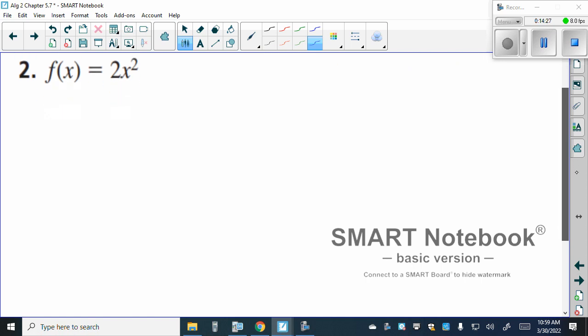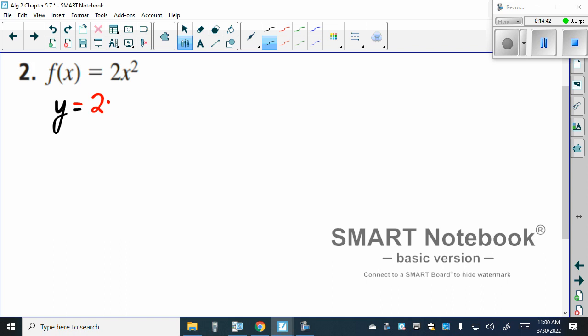All right. So let's look at this next one here. f of x equals 2x squared. Now again, when we find the inverse, the first thing we can do is replace f of x with y. So we say y is equal to 2x squared. And then we would switch x and y, so x is equal to